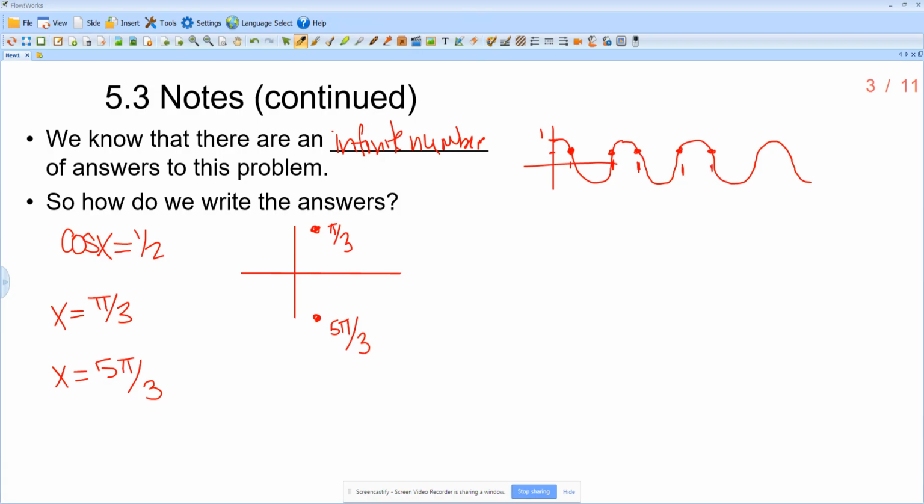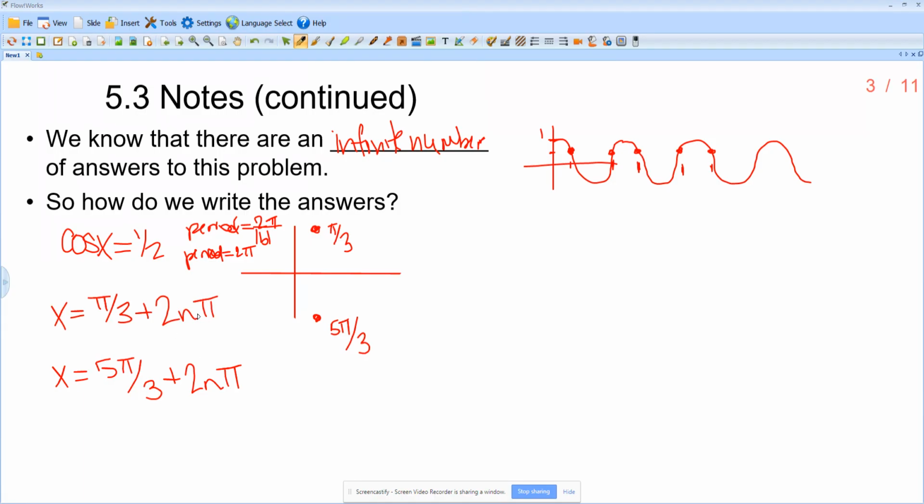And that's where we talk about the period of the function. So we talked about period when we talked about the graphing of these functions. The period of this function, since this is cosine x, remember, is 2 pi over the absolute value of b. So the period is 2 pi. That means that I can write this as pi thirds plus 2n pi and 5 pi thirds plus 2n pi, where n just represents that you can take any